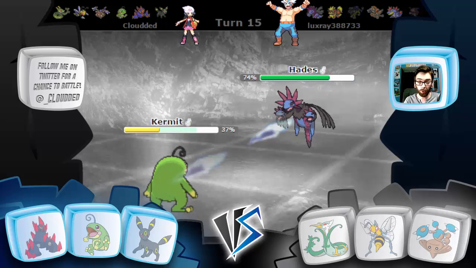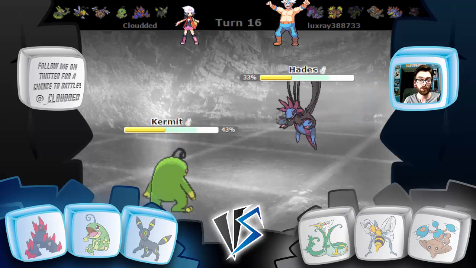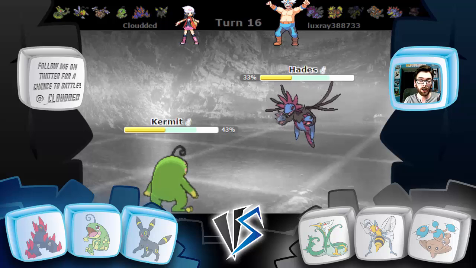I think we can take any one hit, unless he's like Specs Draco Meteor, then we might not live that. There's the Dark Pulse. We don't flinch, thankfully. We get an Ice Beam off. He loses 41% of his health, and we lost 40.1%. So we can live another Dark Pulse as long as he doesn't get a high roll or a crit, or gets a